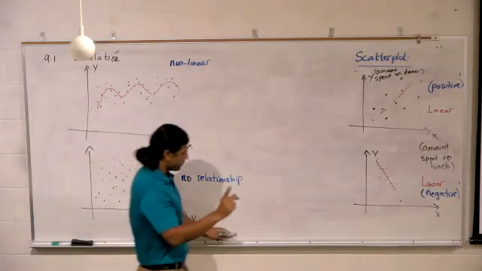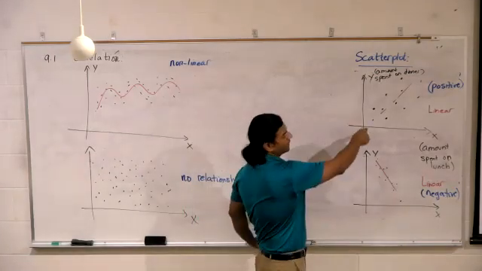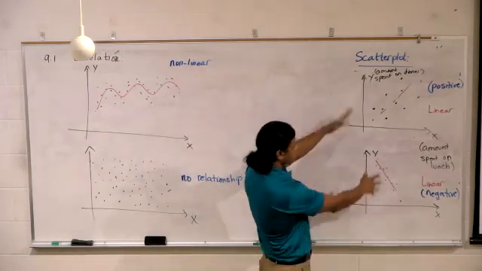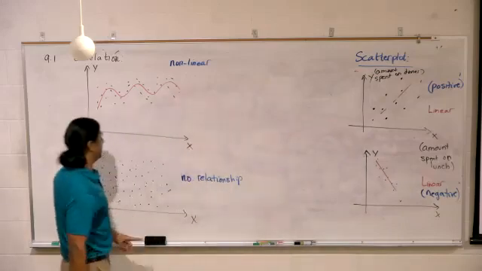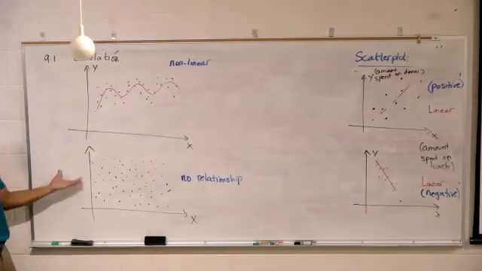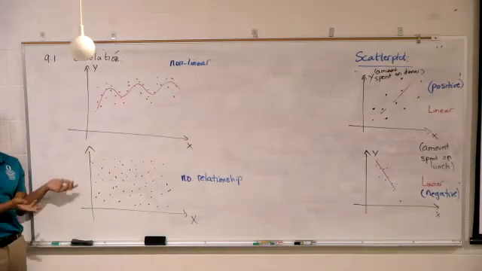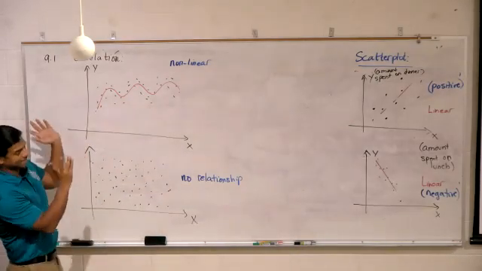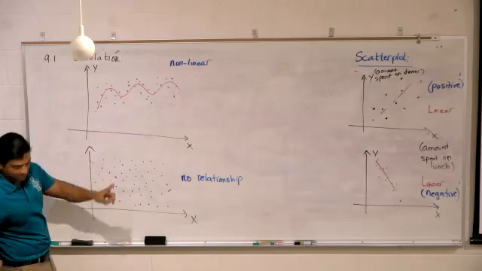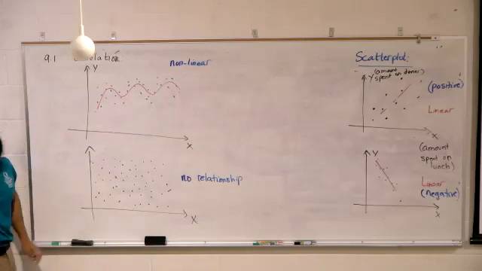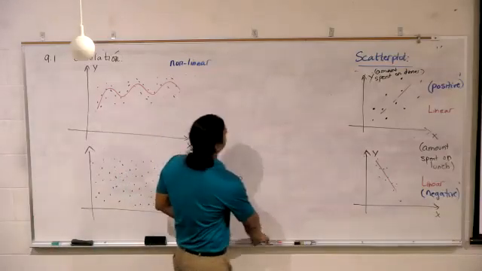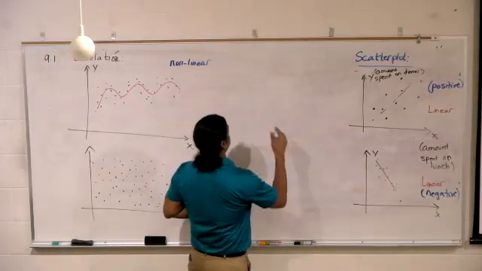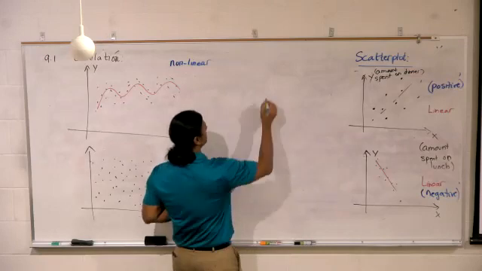So step one, I visualize it using a scatter plot. I identify linear, nonlinear, or no relationship. If I encounter something like this, I just give up. But for the others, there is some meaning. I'll try to find out from data. So if you want to assess the strength of a linear relationship,